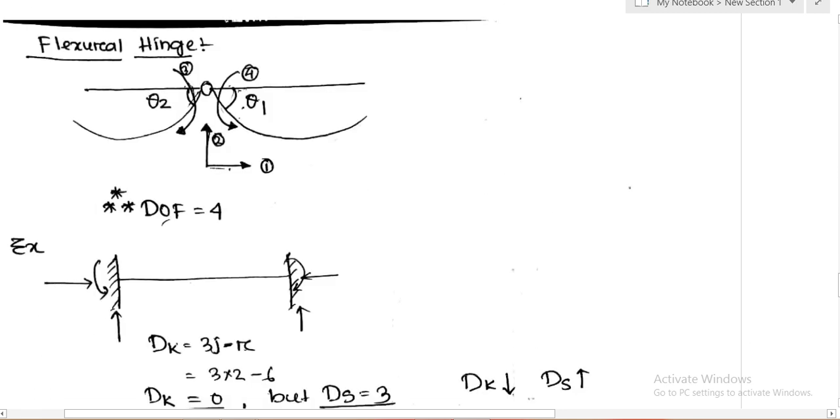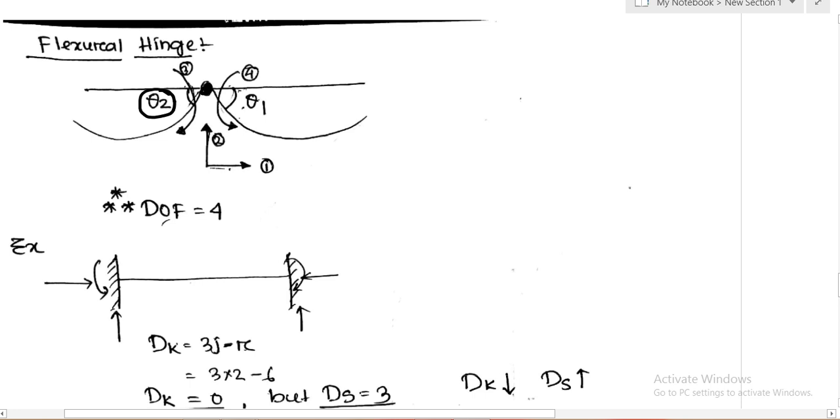Now flexural hinge. Suppose there is a flexural hinge present, so this member has an independent rotation, because in a flexural hinge the moment cannot be transferred. Take the example of our elbow as a flexural hinge. If you rotate one part of your hand, the moment cannot be transferred to the other part, you can move independently. You can also take the example of your knee, that is also a flexural hinge. If you move one part, moment is not transferred to the other part, but load can be transferred.